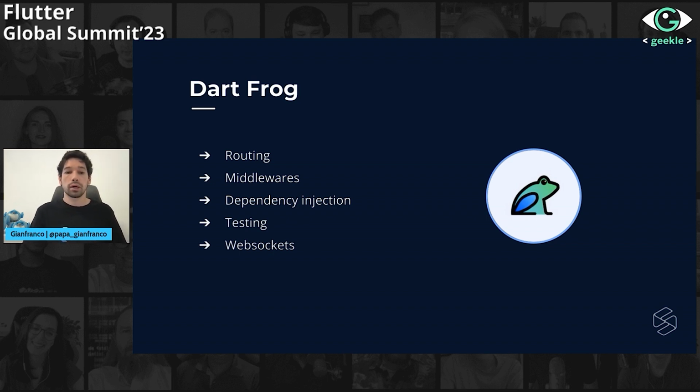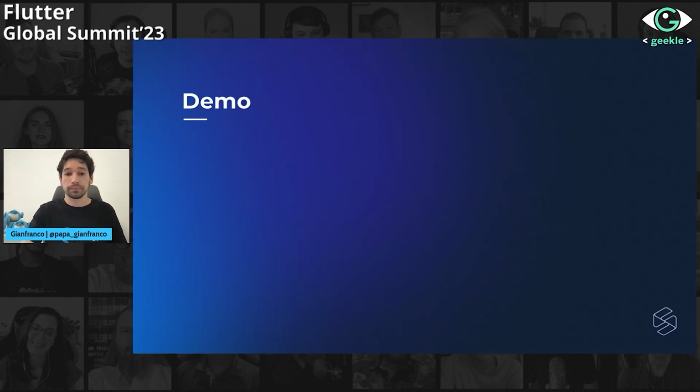Finally, I also put WebSockets there, since lately there was a recent update with support for WebSockets. And this is really cool because we can also solve, in a way, the real-time connectivity that we were explaining in some of the problems we had.